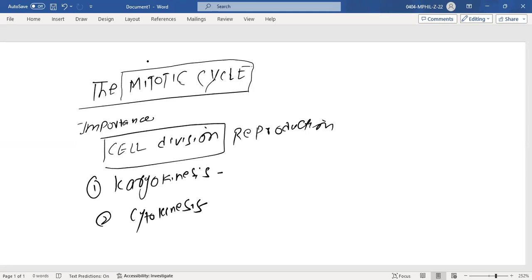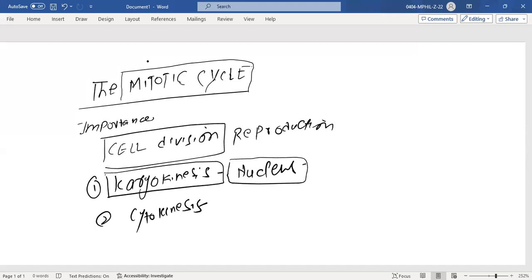So these are the two main steps of cell division. In the mitotic cell, our focus would be on karyokinesis, or nucleus division. We will try to understand what's going on in the nucleus